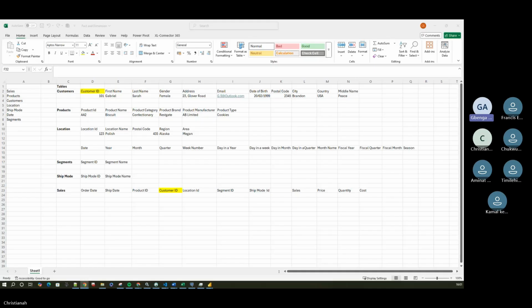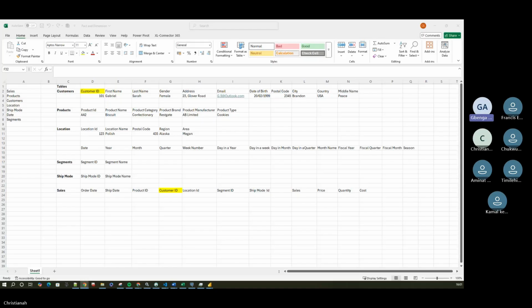So imagine now I sold a product in the sales table. There is no record of that product inside the product table, which is supposed to contain all the information about all the products that we are selling. That is violating referential integrity. Is it clear, everybody? Yes, it is. When there is a foreign key without a primary key,